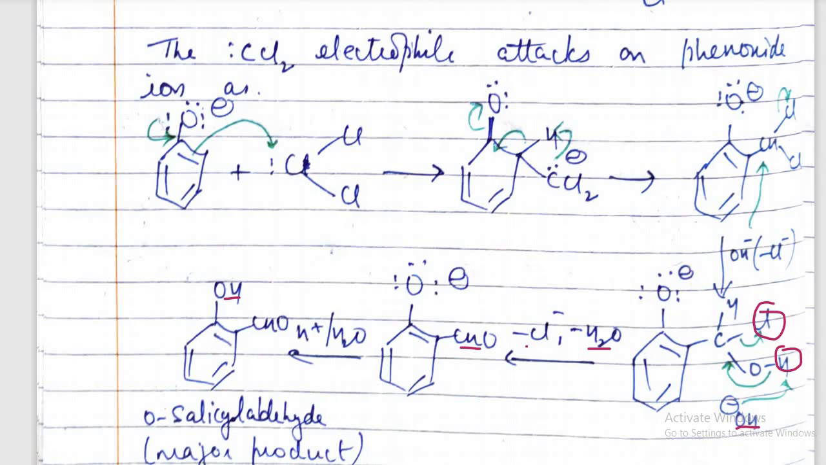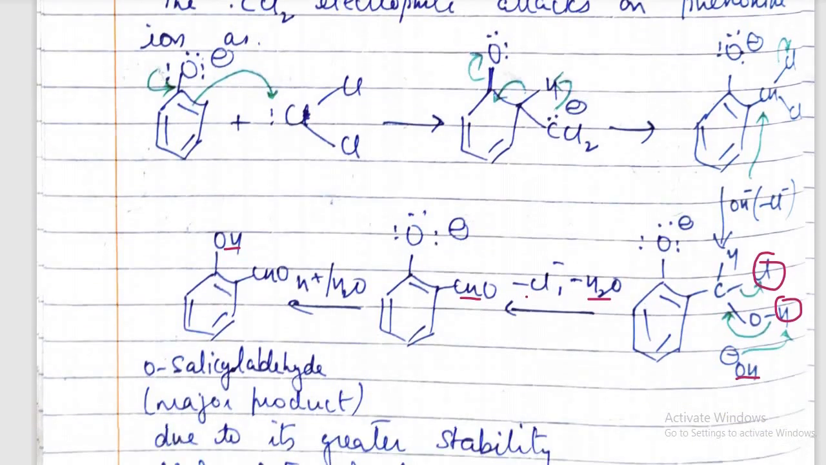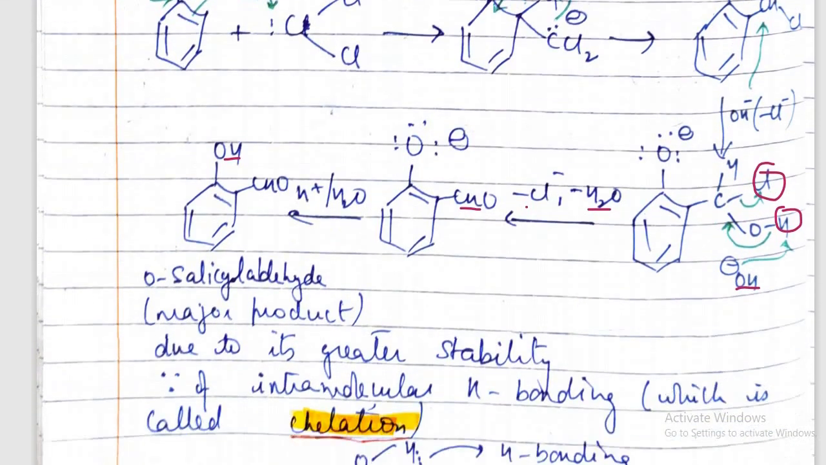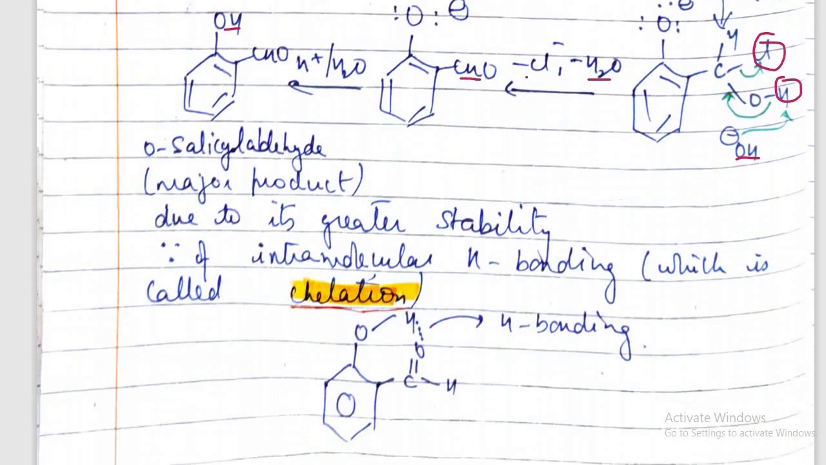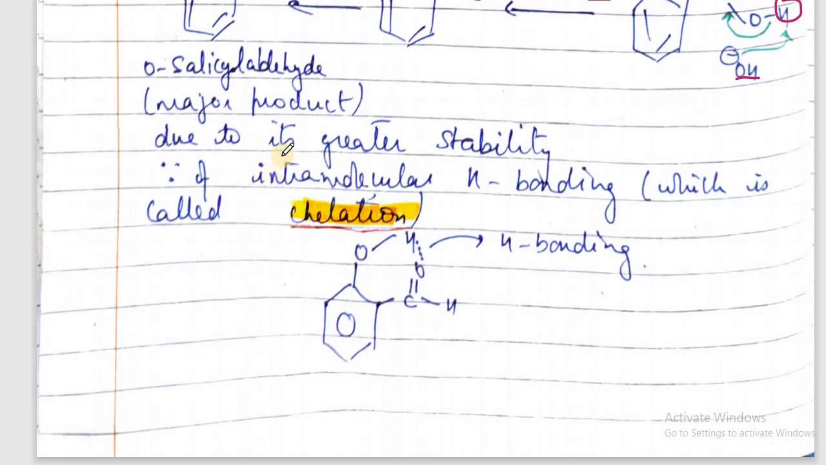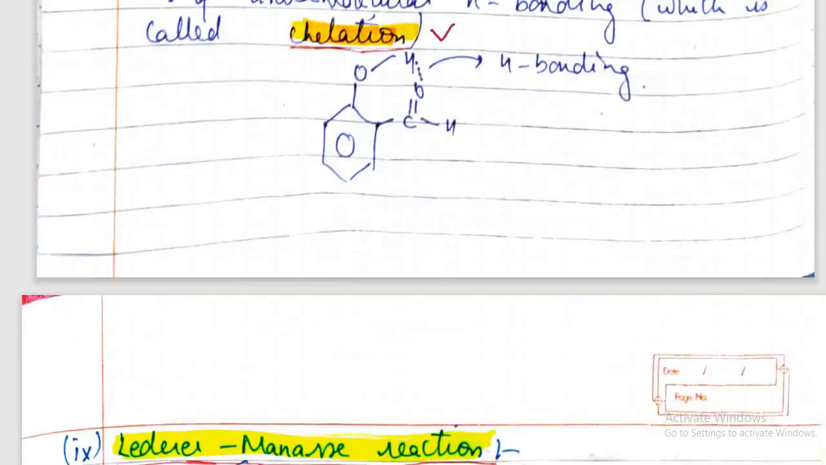a major product. So in the Reimer-Tiemann reaction we get the ortho product as a major product because it is more stable due to intramolecular hydrogen bonding. That is like this, it has intramolecular hydrogen bonding, therefore it is more stable. So the ortho product is the major product in the Reimer-Tiemann reaction, and this is also called chelation. Chelate is formed, and now in this